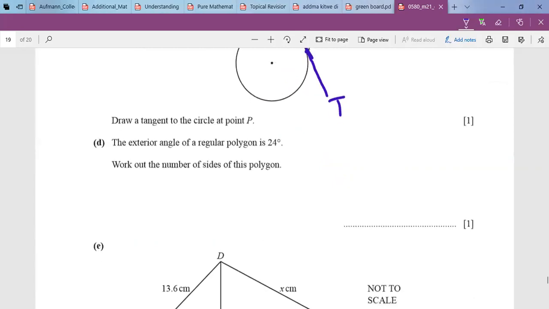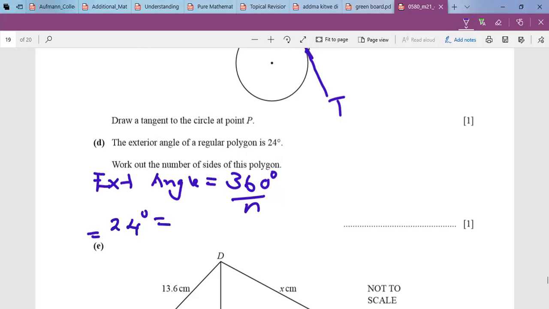The exterior angle of a regular polygon is 24 degrees. Work out the number of sides of this polygon. All right, we know there's a relationship between the exterior angle of a regular polygon and the number of sides. The relationship is exterior angle is equal to 360 degrees over the number of sides. Here the exterior angle is 24 degrees, equal to 360 degrees over n,